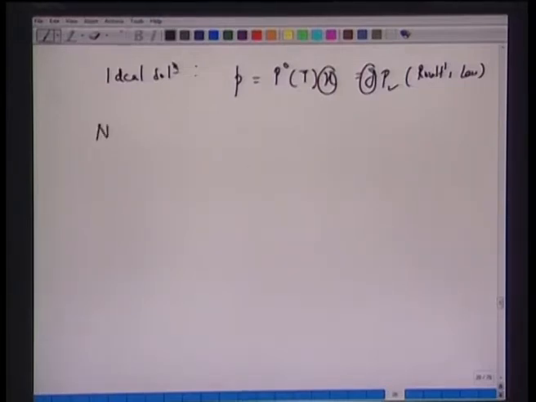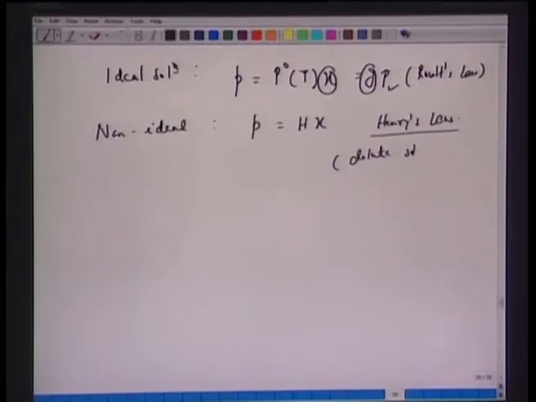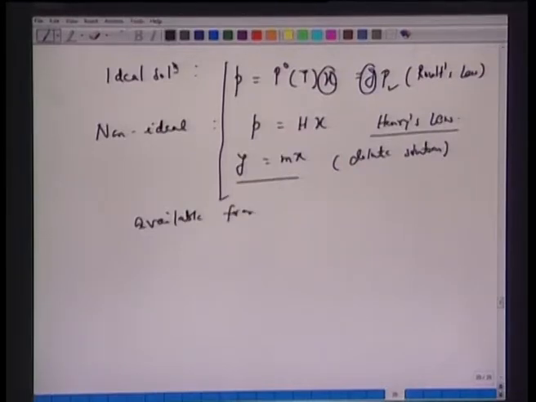If the solution behaves as non-ideal, one can also apply Henry's law, P equal to Hx. So, this would be your Henry's law, and generally Henry's law is applicable for dilute solution. P equals Hx or in some form y equal to mx. So, one can also make calculations, but generally all these data are available from literature, and that becomes the starting point for our calculations.